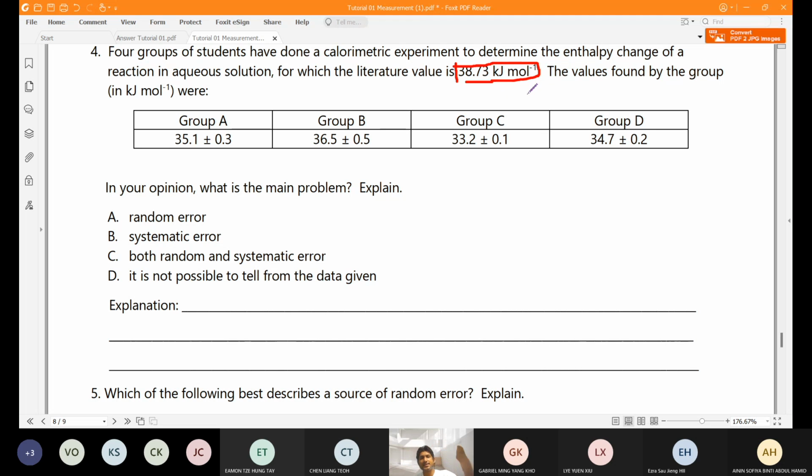They could not go beyond the true value. So it's 38, supposed to be the true value. The literature value was 38.73, but the other values are 35.16, so it's lower. So it is always in one direction. So it is a systematic error. It's not a random error. If it were random, then somebody would get 40, somebody would get 39, somebody would get